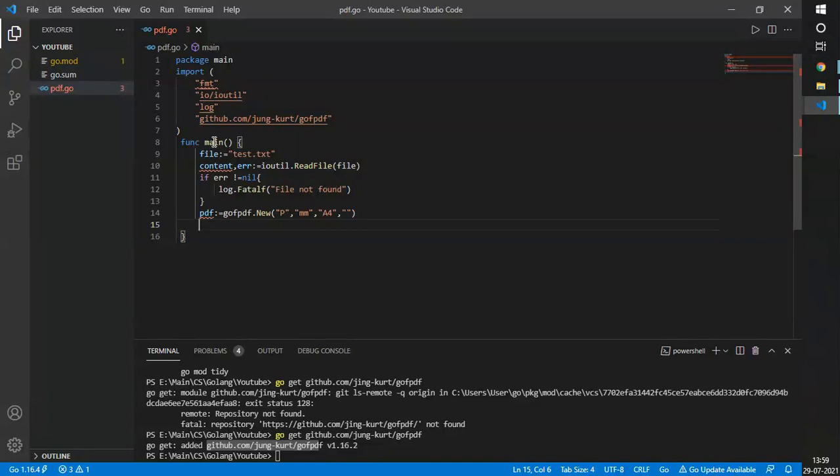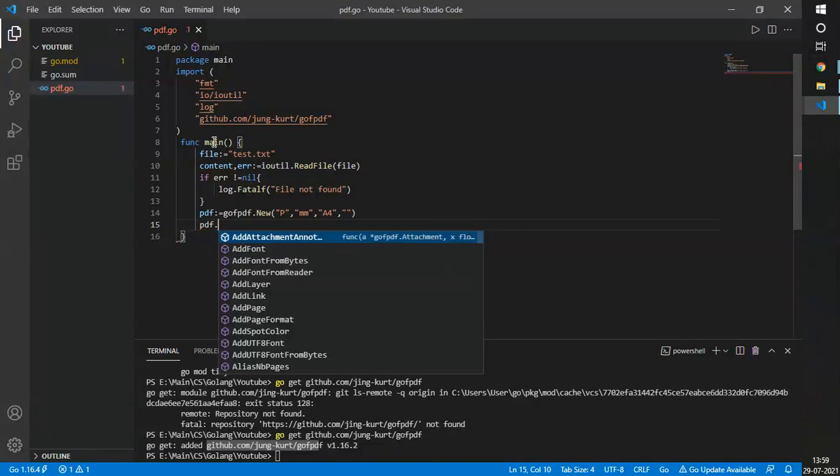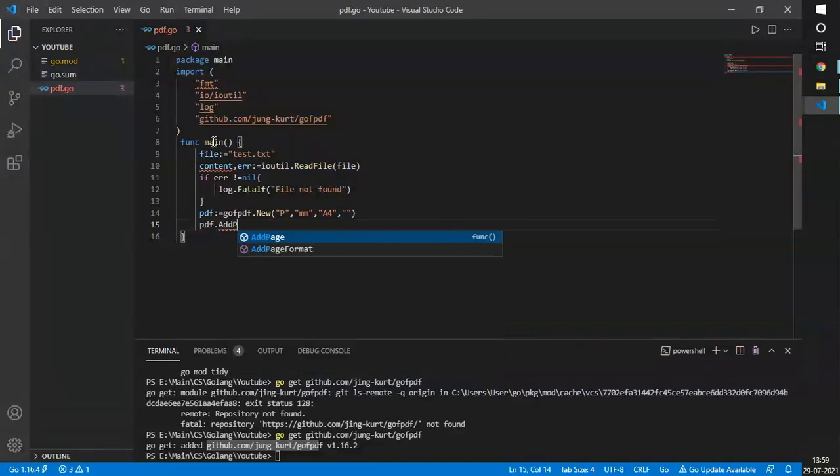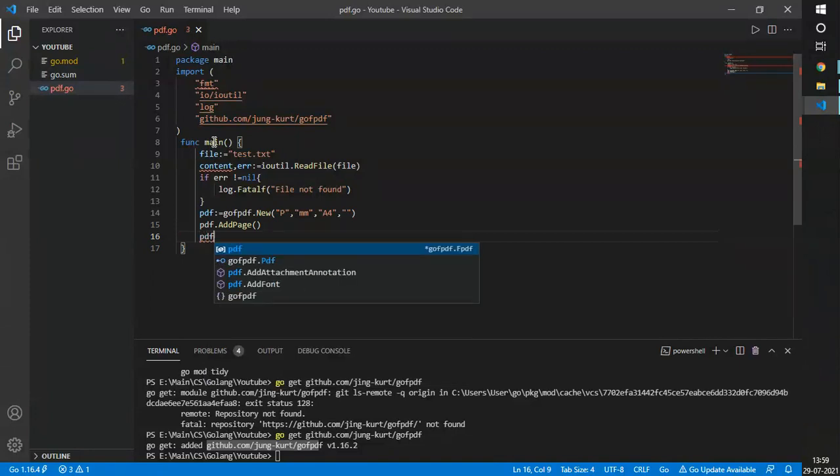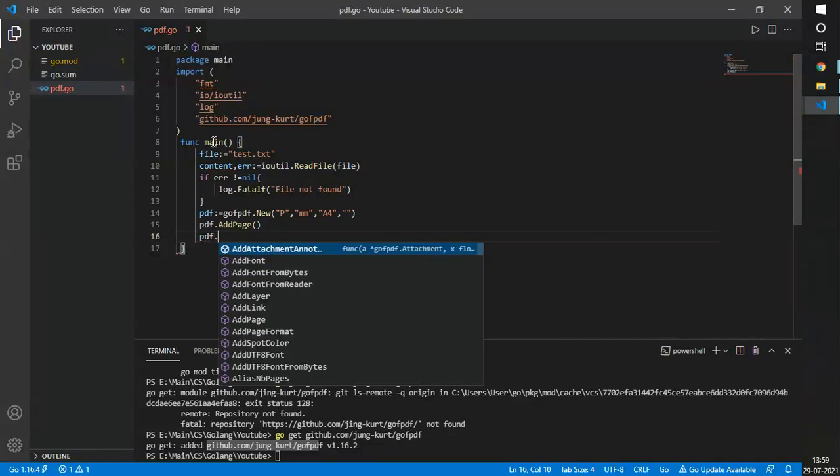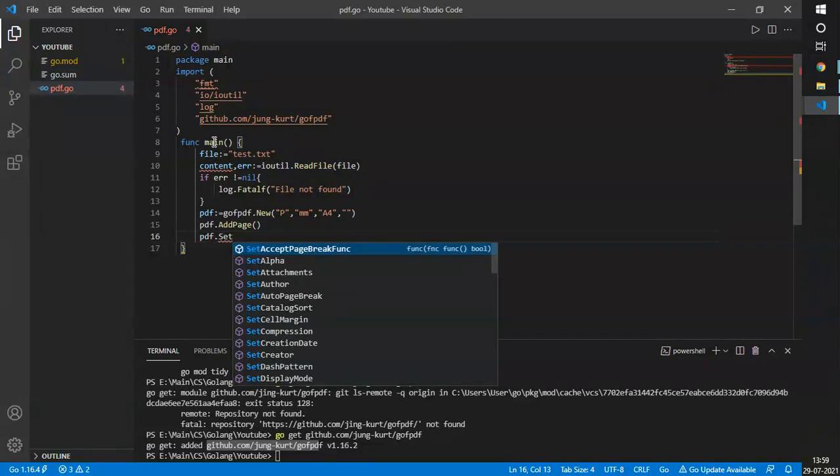And there is another way to do that, so I will be using that only, to add a page here. So this function just adds the page, and after that, as I said, we have to mention all the text that is going to be in there. Set font.